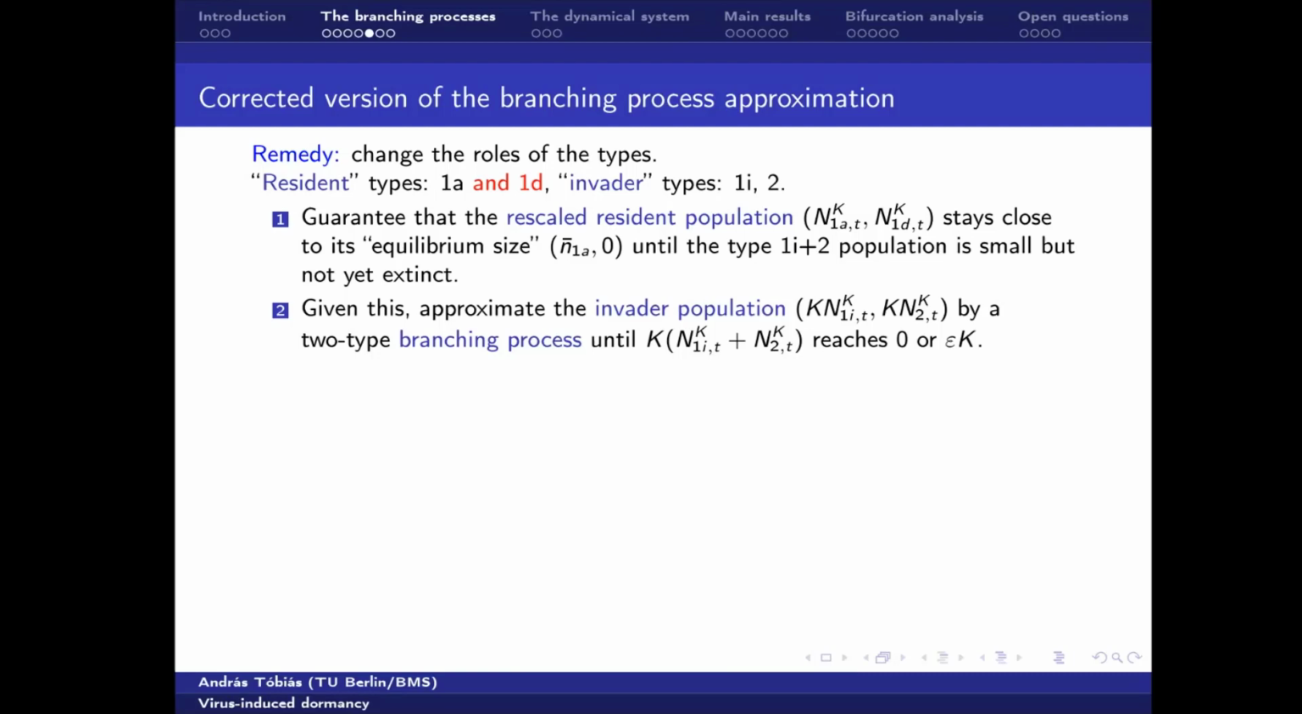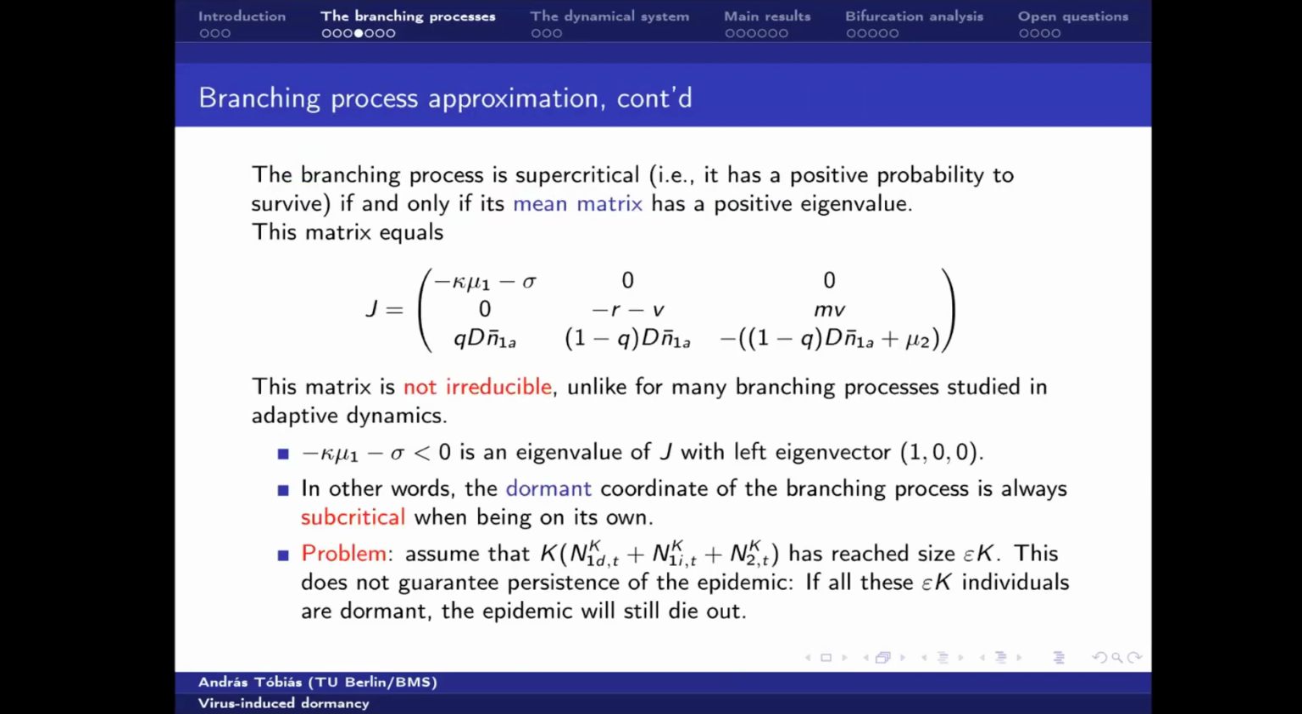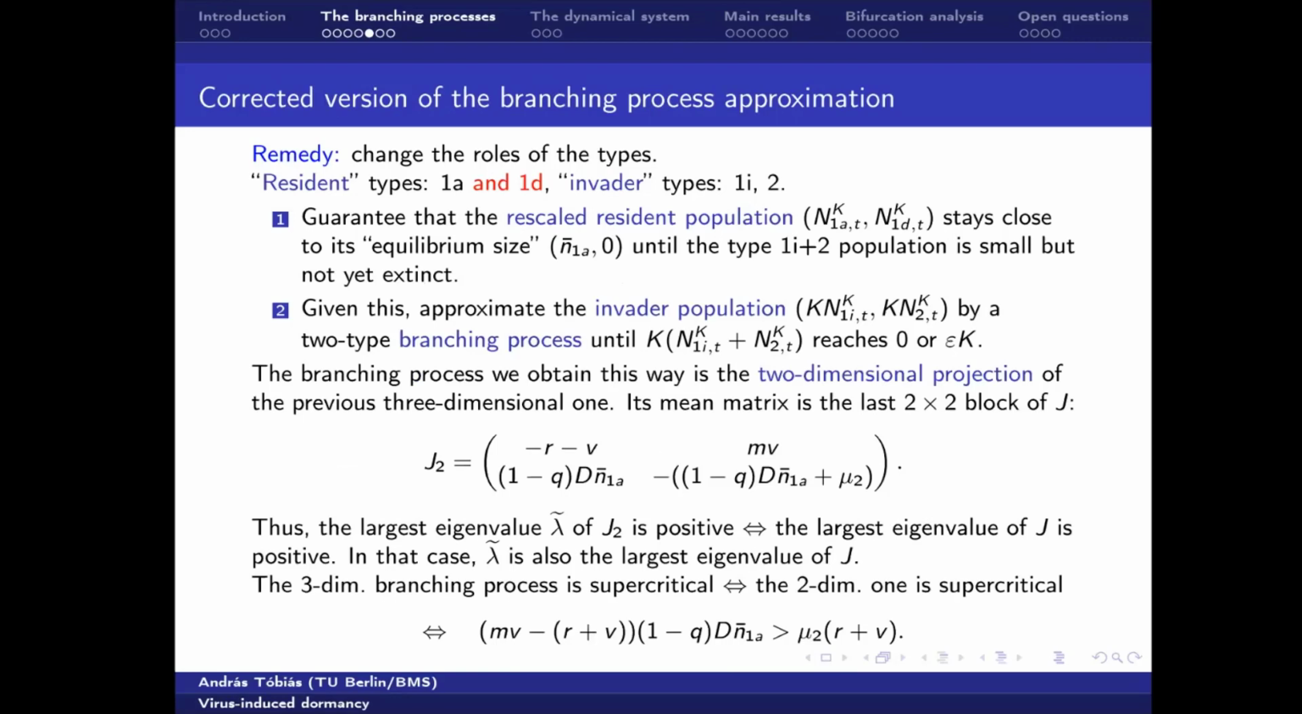And then we can have a 2-dimensional branching process, just infected and virus. This is nice because what you obtain this way is again a branching process that is the 2-dimensional projection of the previous branching process, just the infected and the dormant coordinates. And it has this mean matrix, which, if you look at the previous mean matrix, is just the last 2x2 block here. So this means that the 2-dimensional branching process is supercritical if and only if the 3-dimensional one